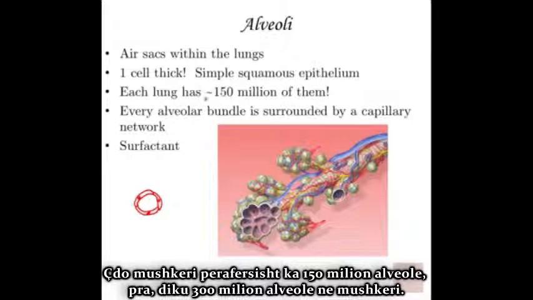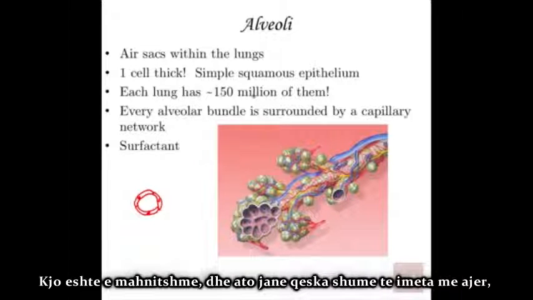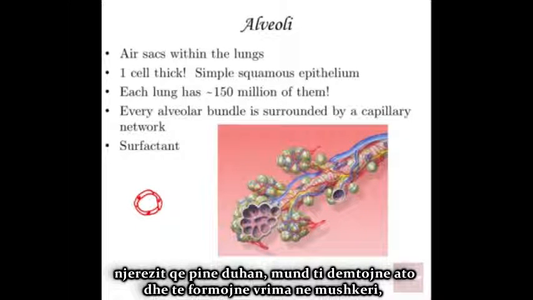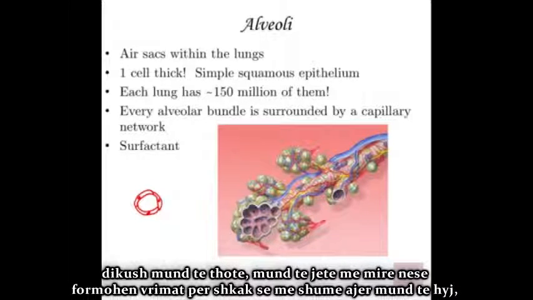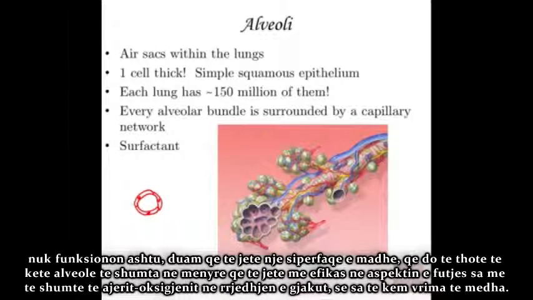Each lung has approximately 150 million alveoli. So about 300 million alveoli in your lungs as a whole. That's amazing to think about. And these are very tiny air sacs. People who tend to smoke tend to damage these little borders between the alveoli. They tend to pop them and make the holes bigger, the spaces bigger in their spongy lungs. And you might think, well, if they make the spaces bigger, oh, that's great, then they can get more air in there. It doesn't work that way.